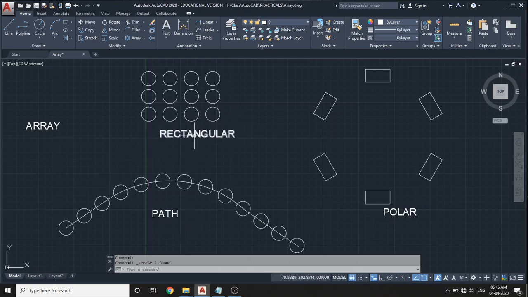In rectangular array, the objects are created as columns and rows. You can see here this circle. This was the base circle which I used for creating this array. This circle is copied in 3 rows and 4 columns, specifying certain distance between these columns and certain distance between these rows. So this is rectangular array, and you can see here these rectangles are arranged in a circular pattern